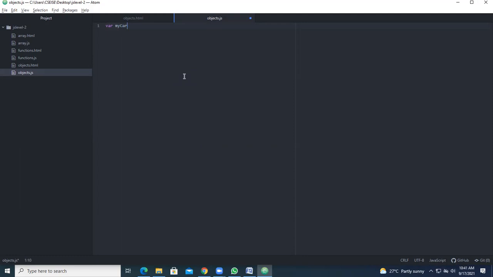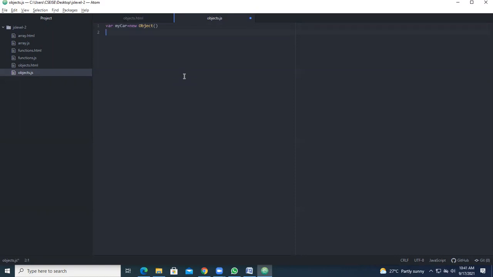So I will be taking a new variable. myCar is the new object, equal to new Object. Keep in mind, the O should be capital. Okay, capital O you should give. So I'm creating a new object called myCar.